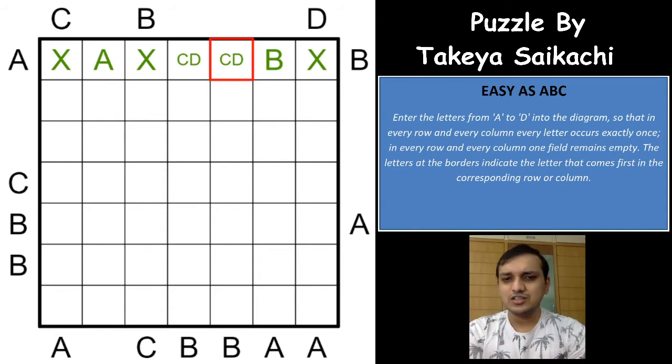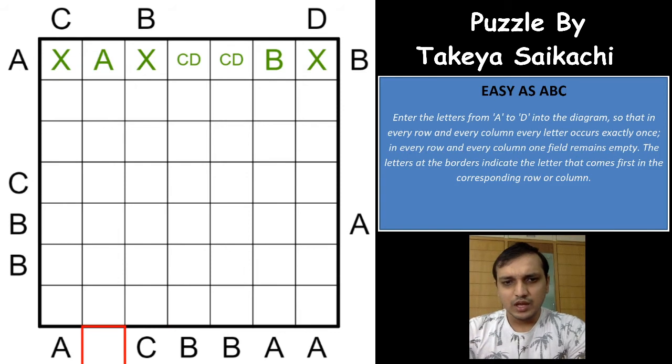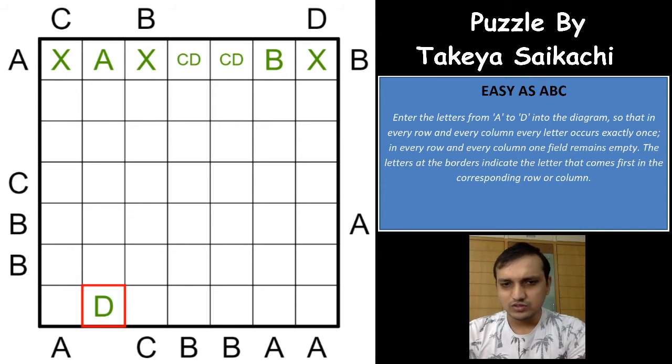One more basic thing you always have to look out for in an Easy as ABC puzzle is the column clues here. All of the columns have clues except one column, and you can see that there is no D given in any of the clues that are already given. You have 3 A's, 2 B's and 1 C here, which means that there has to be a B in this row, right? And it cannot be in any of these cells because there is no B seen from the first direction, which means this has to be a D, right? So this has to be a D.